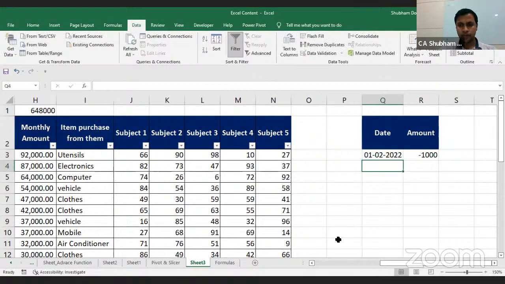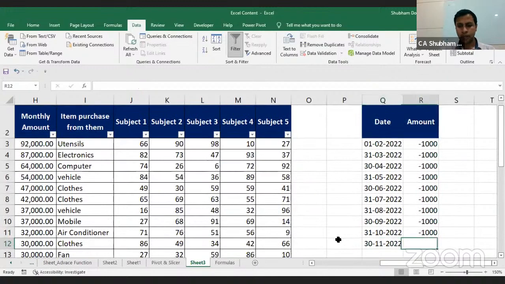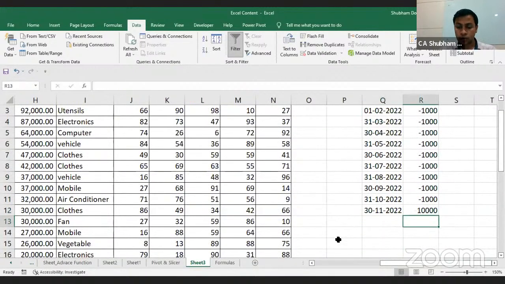EOMONTH. I am using one function of end of month. So see, every month you are depositing a certain amount, around 9,000, and in the 10th month you are getting 10,000 rupees. Clear? It means for up to 9 months you are investing 1,000 rupees, and in the 10th month you are getting a total of 10,000, and you want to cross check the effective interest rate and the net earning. Then you can use the function